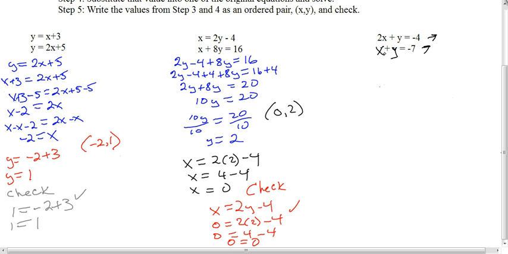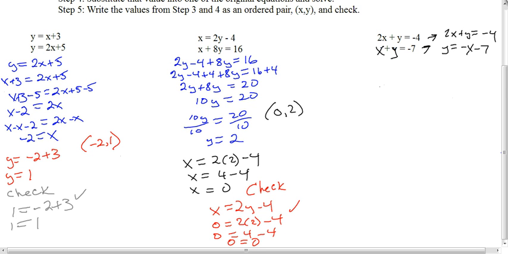And what we're going to do here is subtract x from both sides, and that's going to give us y is equal to negative x minus 7. Okay, and then we can go ahead and put our 2x plus y is equal to negative 4. So again, if you need me to show you how I did that, I just subtracted x from both sides. It's going to leave me y on one side, and negative x minus 7 on the other side. So let's go ahead and quickly